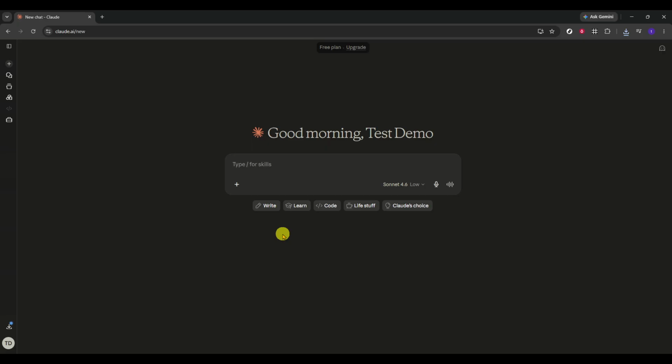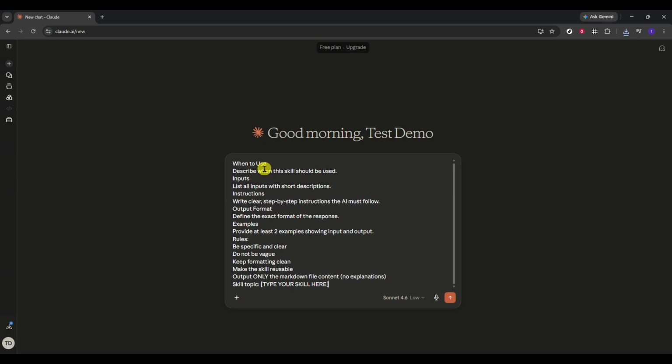Start by opening a new chat in Claude. You should land on the Fresh Conversation screen, ready to enter a message. Beginning with a new chat is helpful because it gives you a clean workspace and makes it easier to keep this task separate from any previous conversations. If you've been using Claude for other work, this also helps avoid mixing instructions or context from earlier chats into